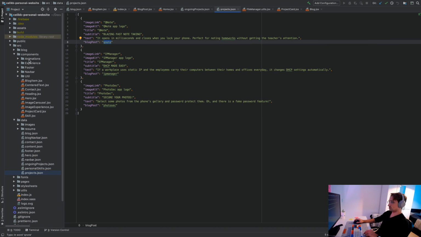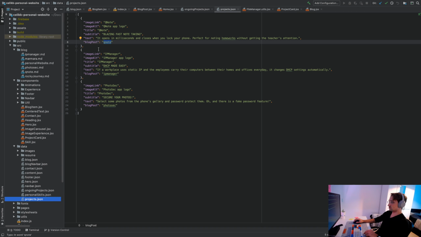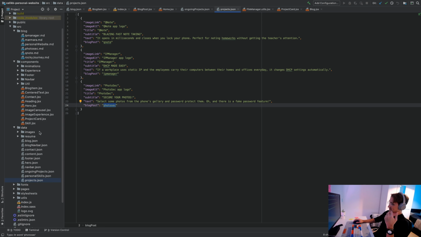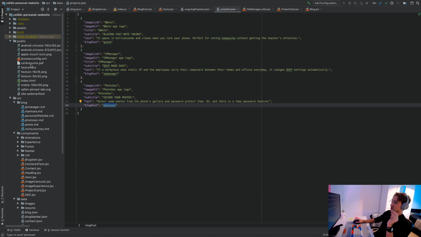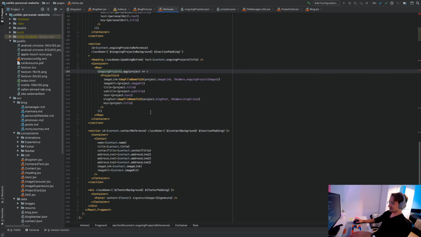This is how I link the blog posts. These are the Markdown files. I have Qnode in here, IP Manager in there, Photosec in there, but Webpack packs them in a way that these inner files are only accessible to React components rather than just being available to everyone, unlike the CV in here. I know it sounds really complicated right now, but you'll understand as I do stuff. I hope so, at least. Or if you don't understand, I don't know. Anyway,